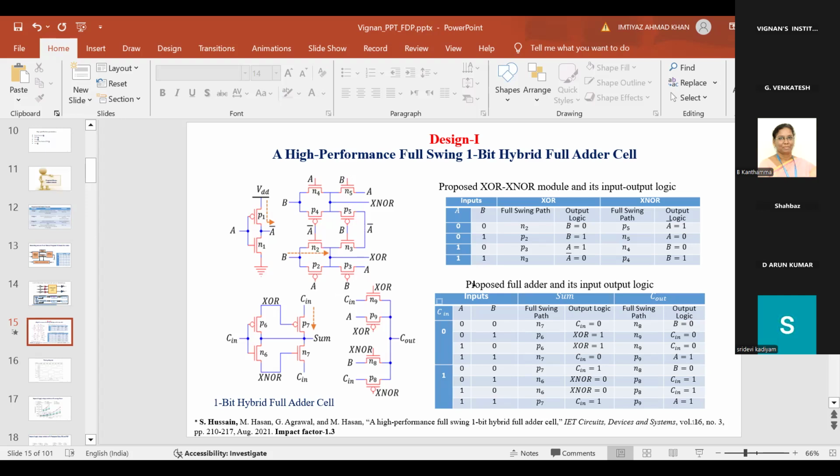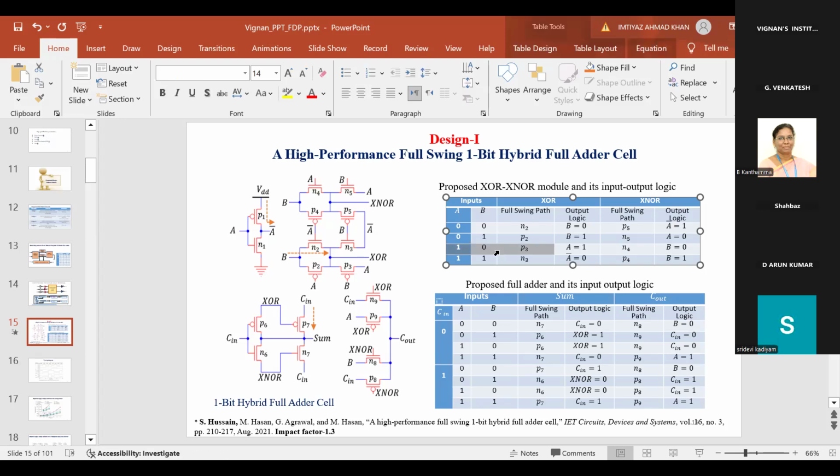For XOR, when A is 1, P3 passes good logic only when A is 1 and B is 0. This time P3 is on, A is 1 and B is 0, as in the truth table, so this path will be on. Next, P2 is on when B is 1 and A is 0, and this is a full swing path logic. Okay. Next, for XNOR,